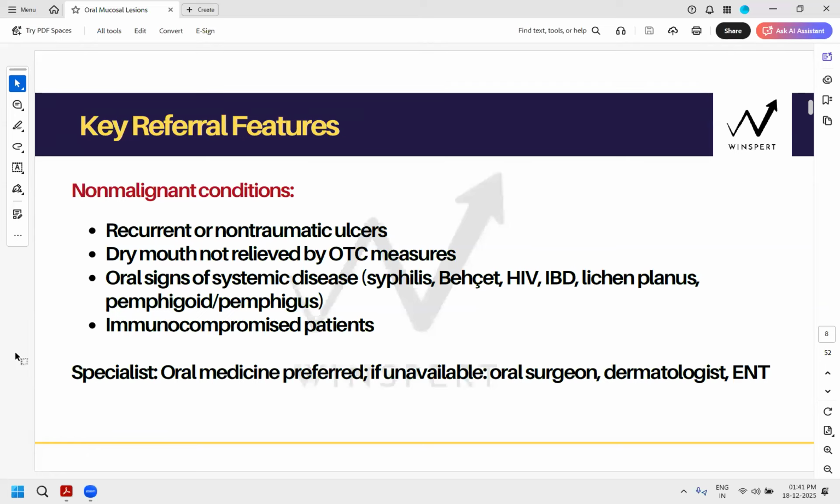Right? So this is the third category where these are all benign conditions. They're not oral cancers, but they are not treated by you. They are handled by the specialist. Understood, everyone? So which specialist would you refer to? Sometimes the exam can give you the options of choosing the specialist, and oral medicine may not be given. Oral medicine specialist may not be on the list. So know the sequence. Oral medicine is preferred. If it's not available, then oral surgeon, dermatologist, and then ENT in the following sequence.